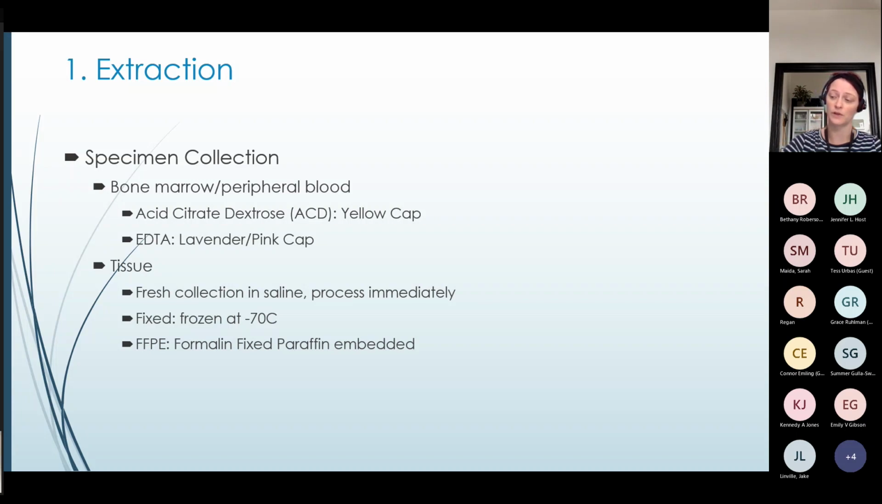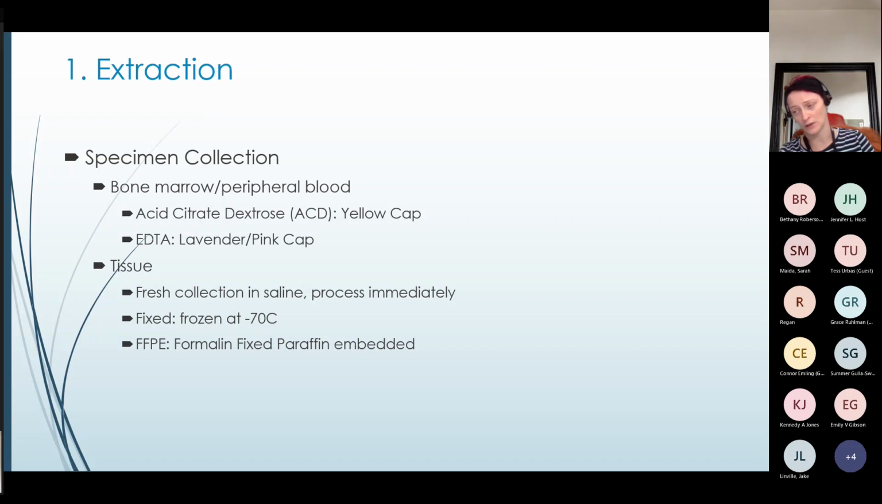You could do fixed or frozen. So if it's frozen at -70, that's fine. You're stopping those enzymes from breaking your cells down because -70 is really cold. And we know that enzymes act at a certain temperature, and at -70 they're very, very inactive. You can fix with other things, like